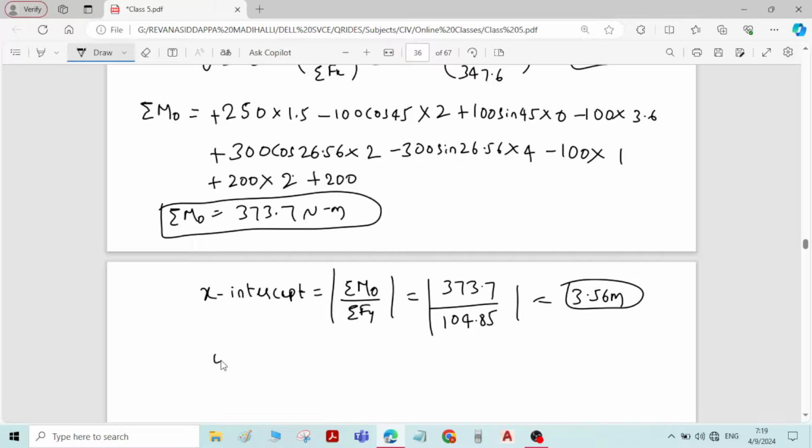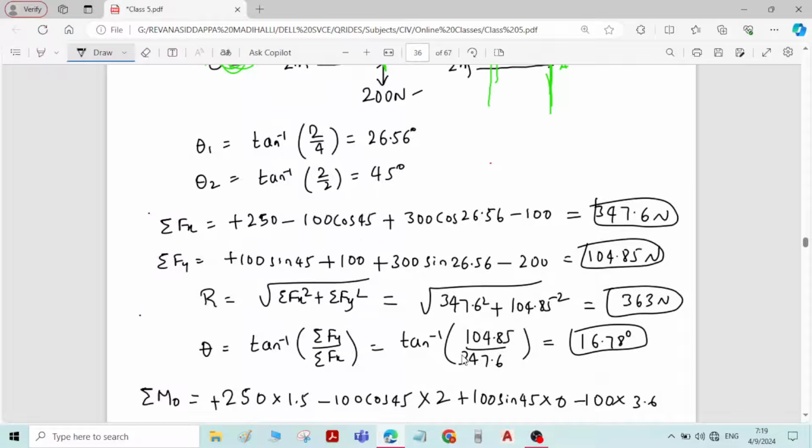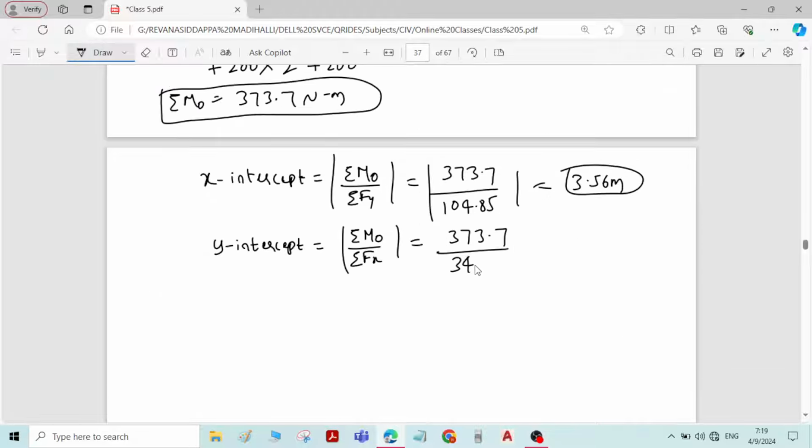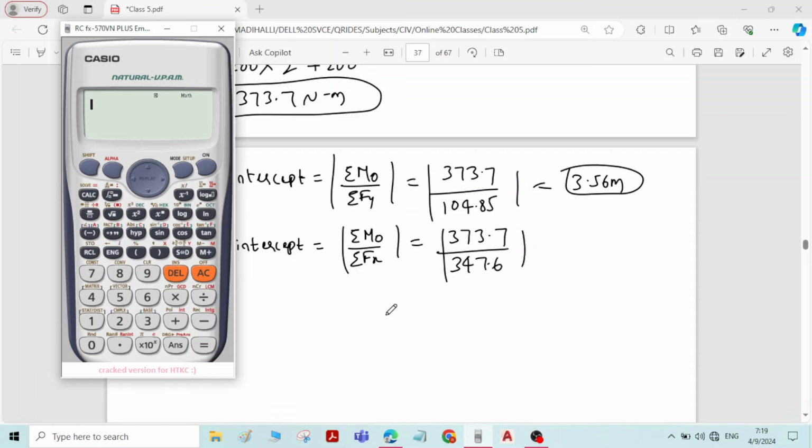and the y-intercept is equal to sigma M_O divided by sigma F_x, which is equal to 373.7 divided by sigma F_x, which is 347.6. Answer is 373.7 divided by 347.6, 1.07